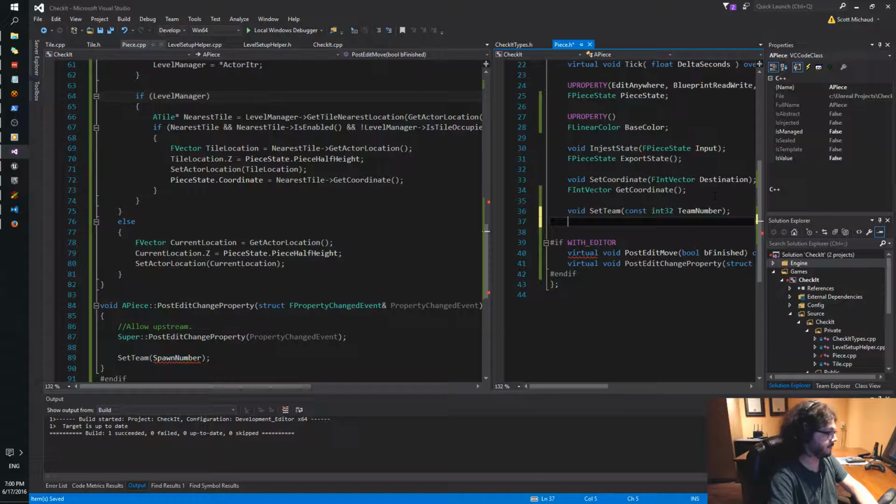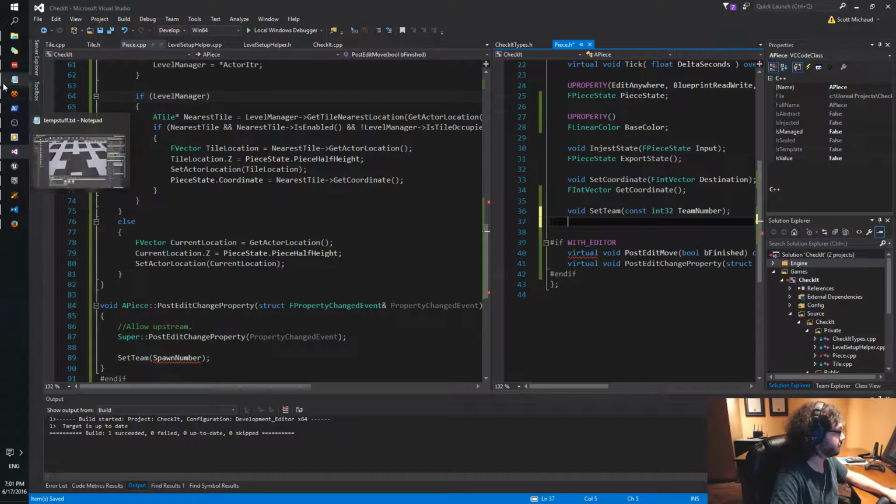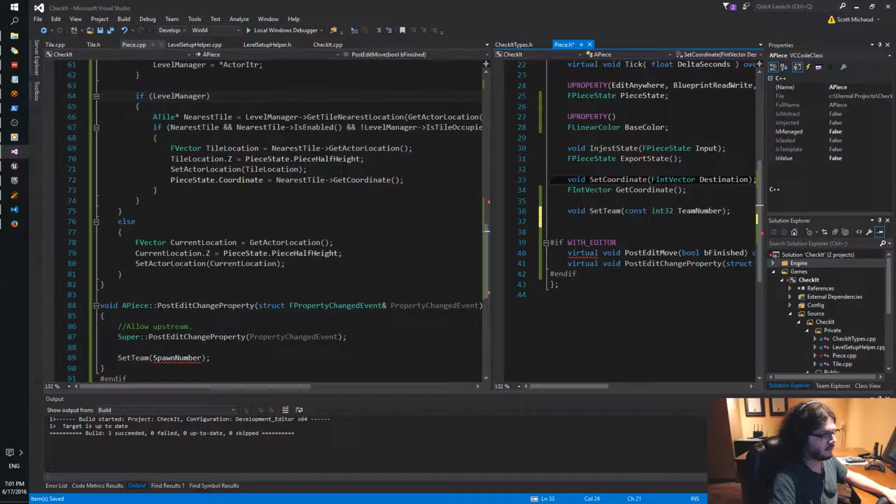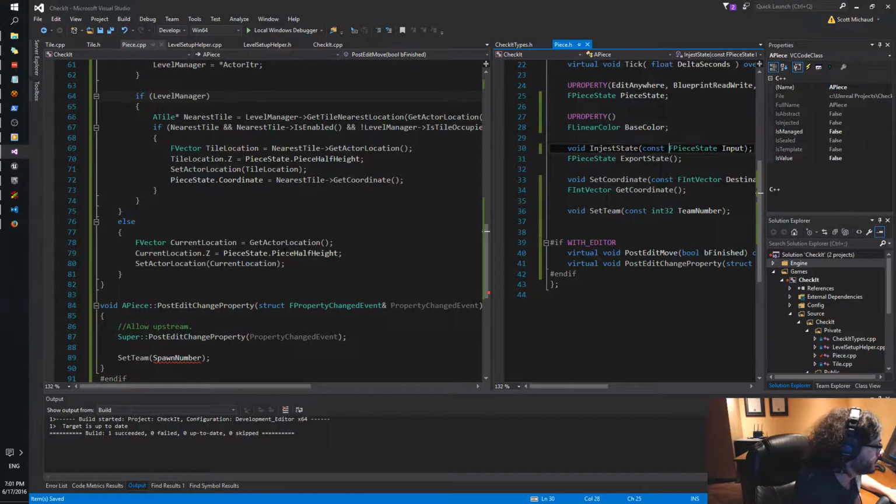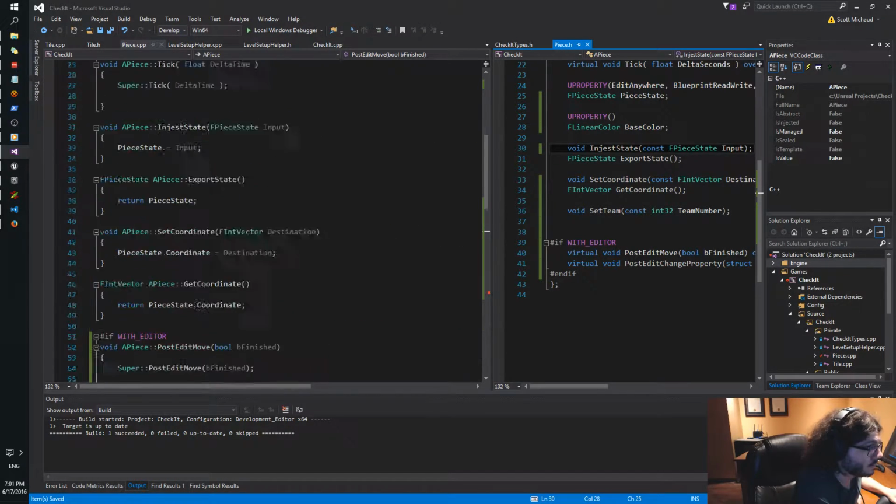And then it should be constants too. And then here,